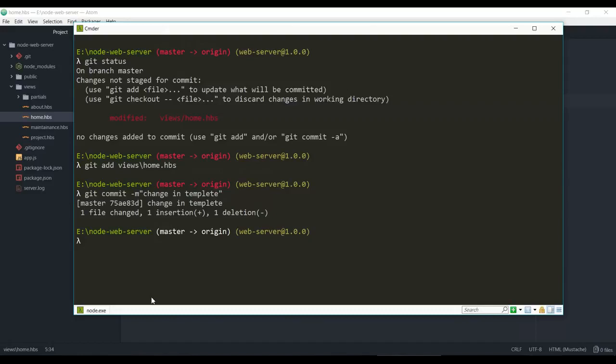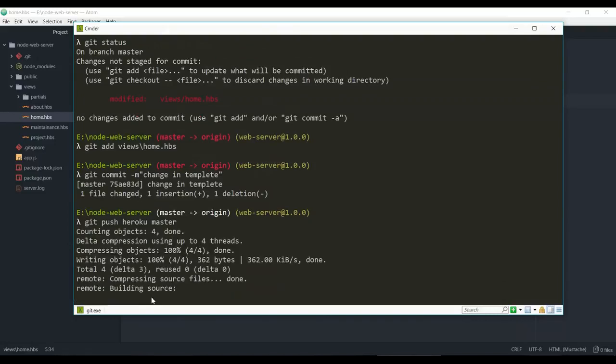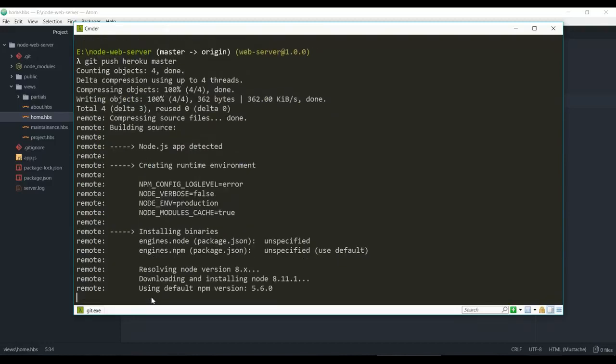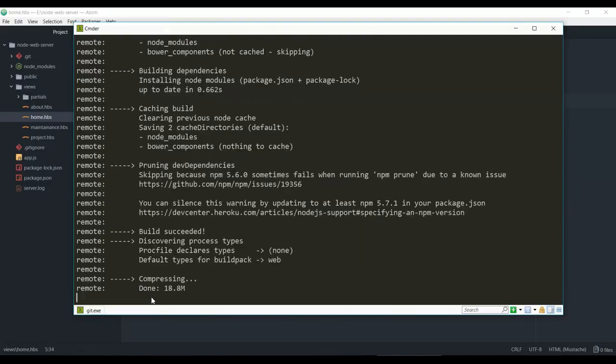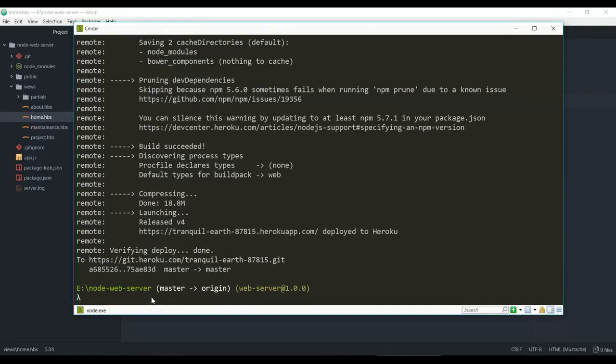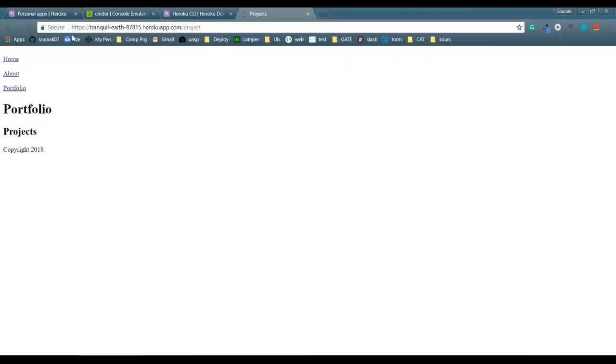So again we have to type git push heroku master to push our code, the changes that we have made, back to Heroku. If we press enter, Heroku will be going through all the processes that need to be done. So it has completed the process, and it says it is ready. So if we go to the app and reload it,